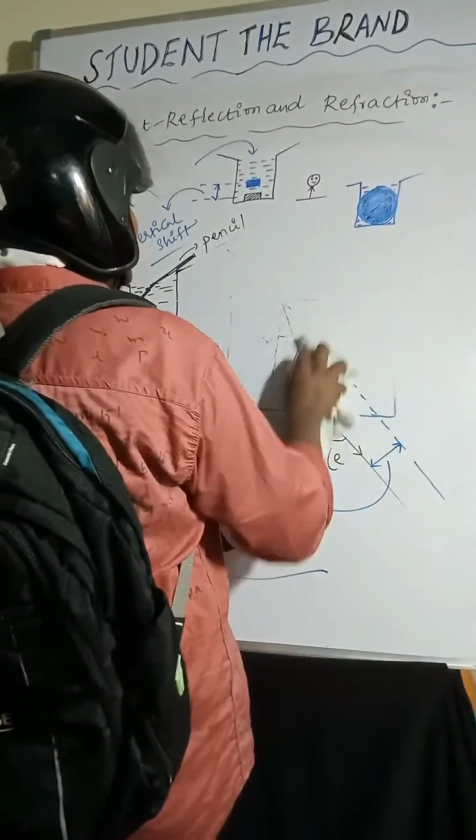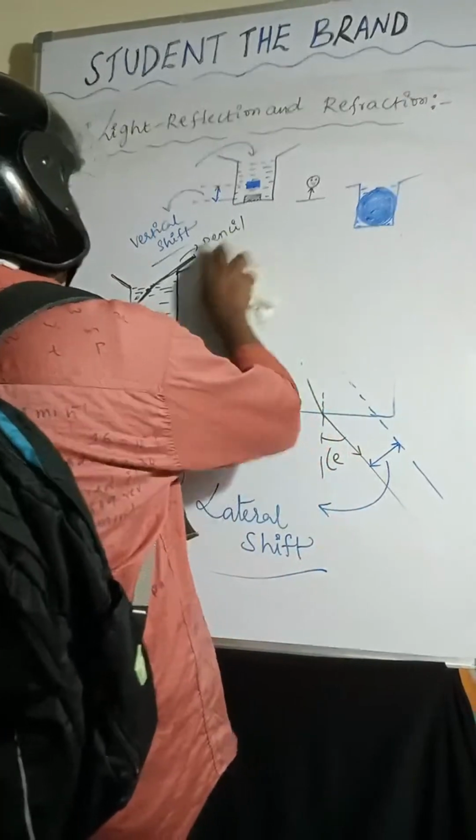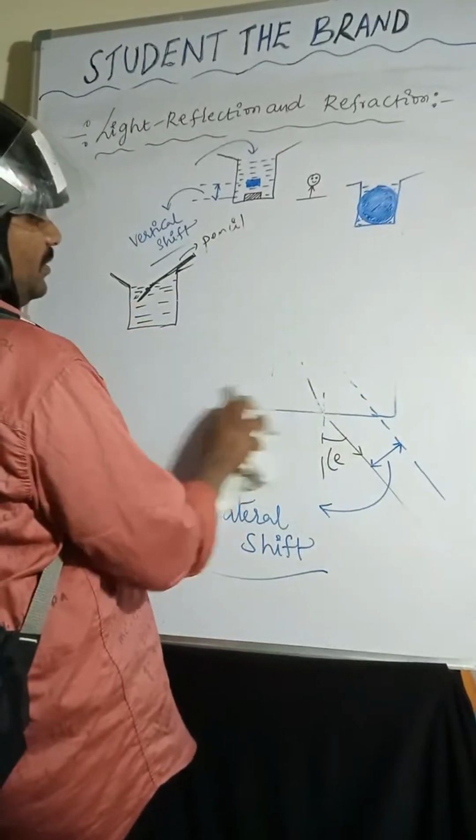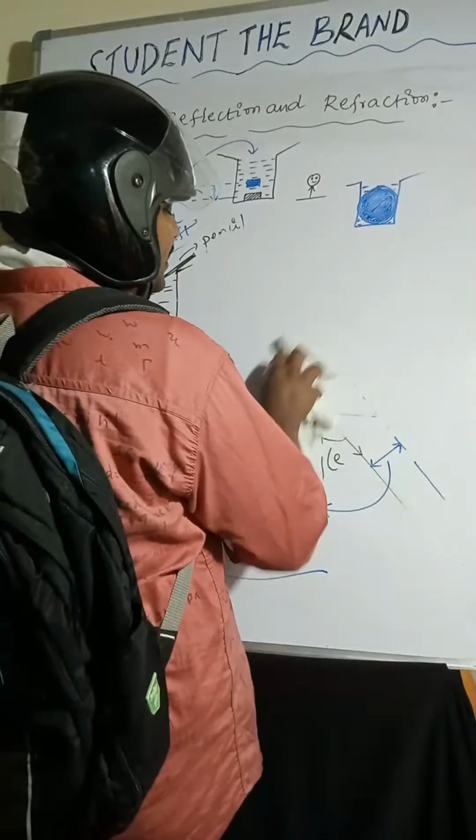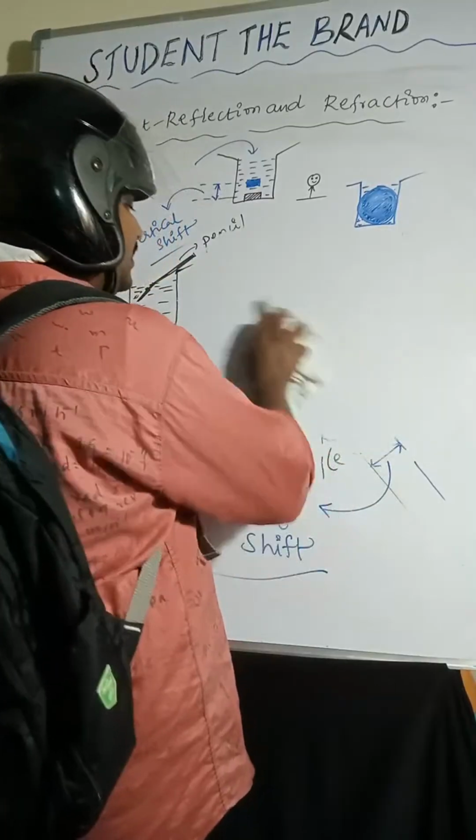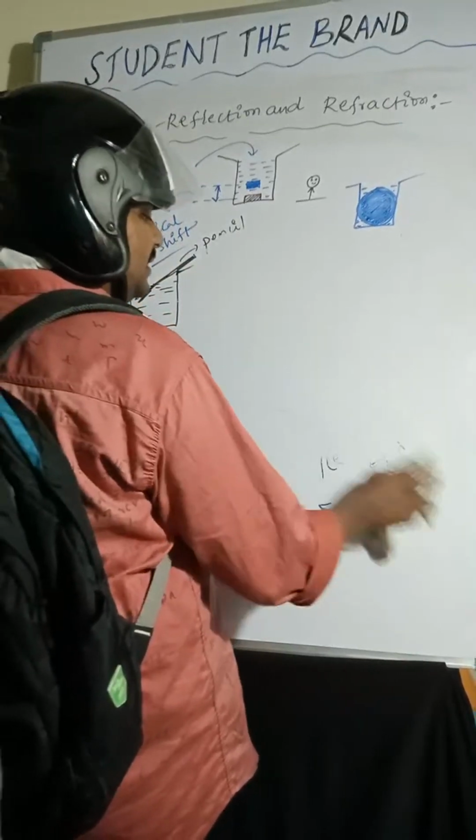So there are two lenses, convex and concave. When light rays are incident on it,